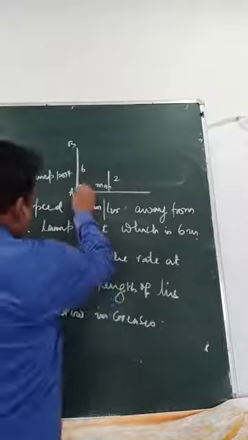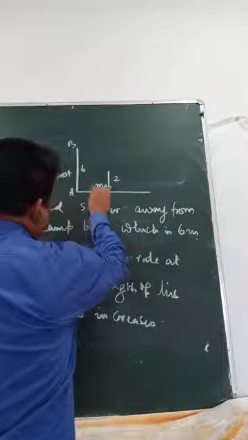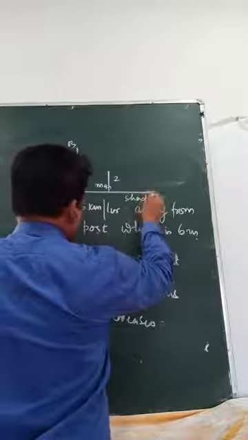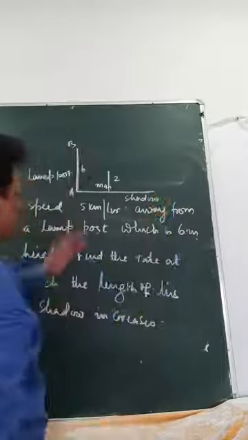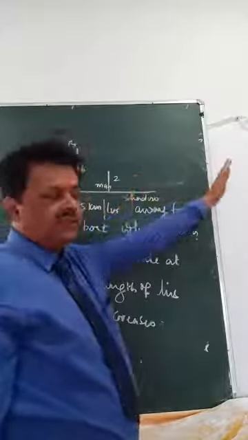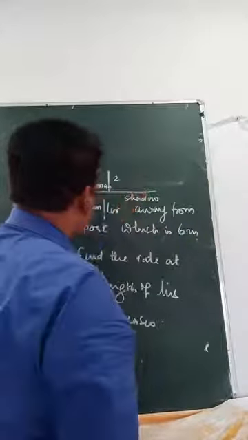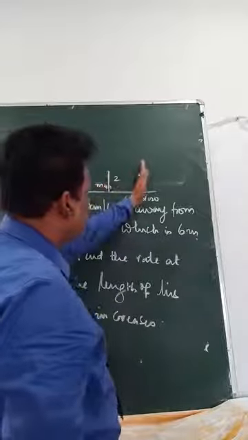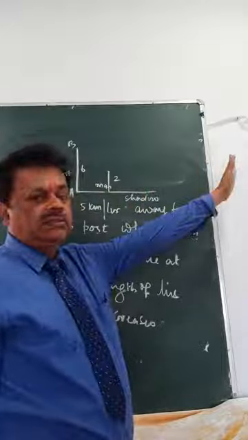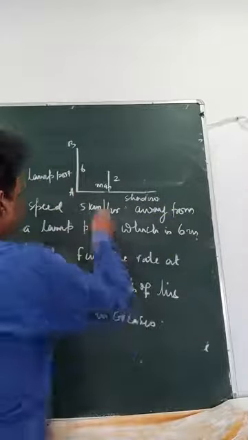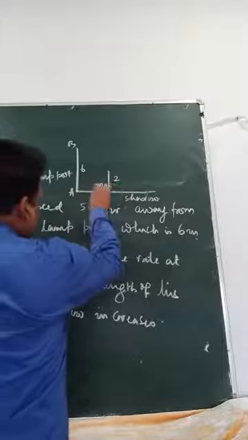Now if this is changing, suppose the man is standing here, this is his shadow. When he starts walking this way, the length of the shadow will go on changing. Suppose the man is here, this is the shadow. When the man reaches here, the shadow will change again. So now this is given here. If this is the distance, how much is this changing?